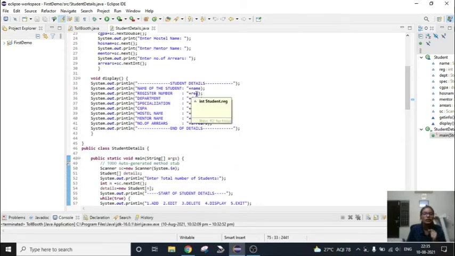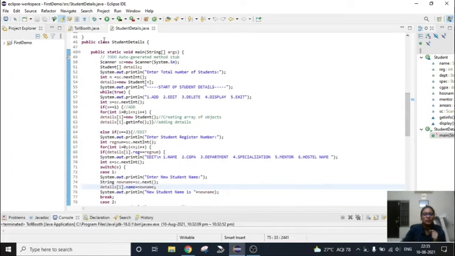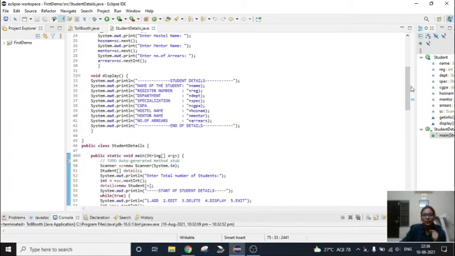It is going to display the student details. And then coming to the main function, here I have created a public class called student details. In that I have given the scanner class, so as to get the information from the user, whether the user wants to add or edit or delete. So this program entirely is to get the user options, like if he wants to add, or if they want to delete, or if they want to edit, which is the information taken from the user.